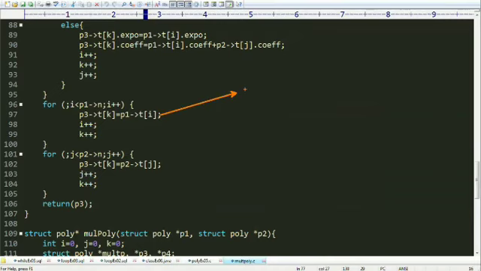Suppose the first polynomial is 5x cube plus 2x, and the second polynomial is 2x plus 5. In this situation, the 5, which has a 0 exponent, does not have a corresponding exponent term in the first polynomial.